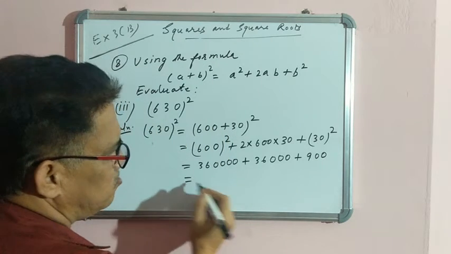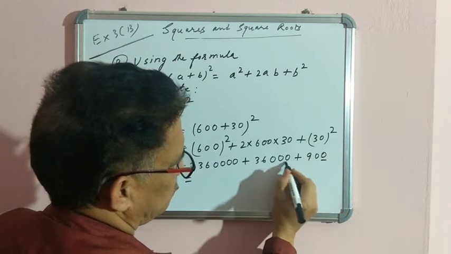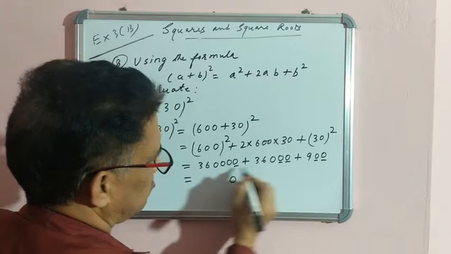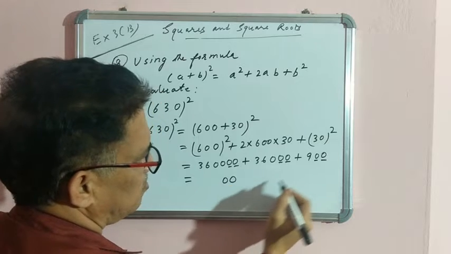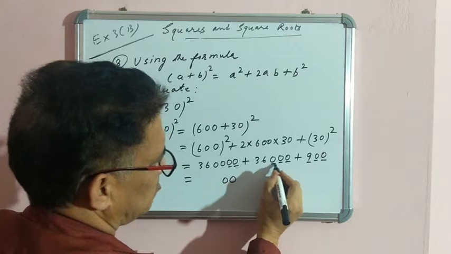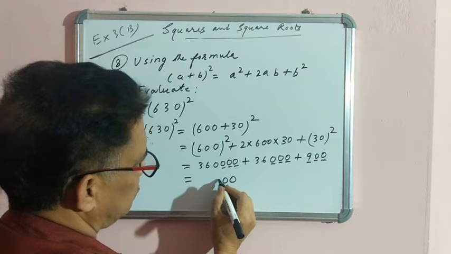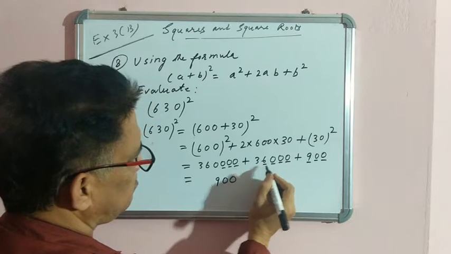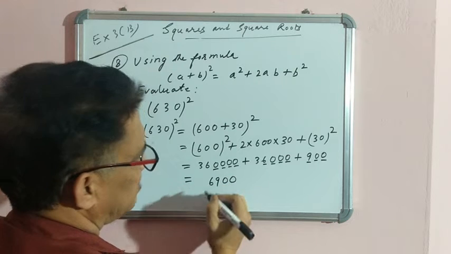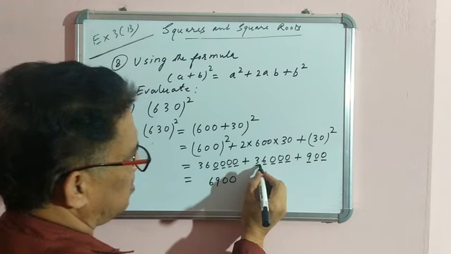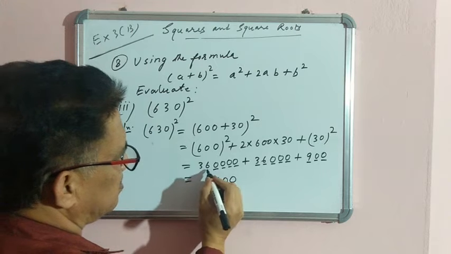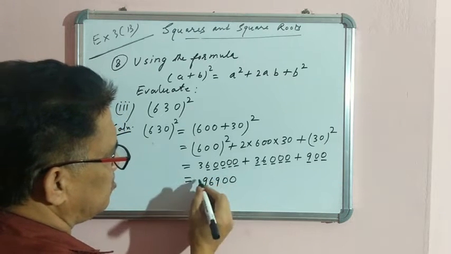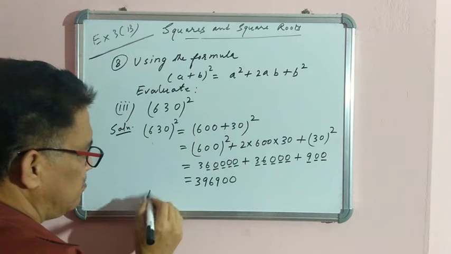Now what we will do? We will add here 0, 0, 0, so we are getting 0. Now 0, 0, 0, we are getting 0. Now 9 is there, 0 is there and 0 is there, so we are getting 9. Then we have 6 here and 0 here, so we are getting 6 here. Now 3 is there and then 6 is there, so we are getting 6, 3, 9. Nothing is there. Now 3 is there. So answer we are getting